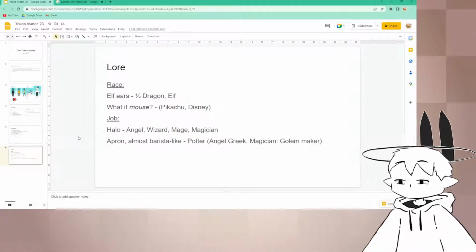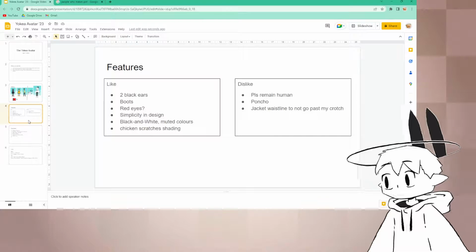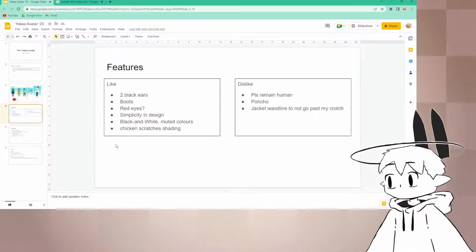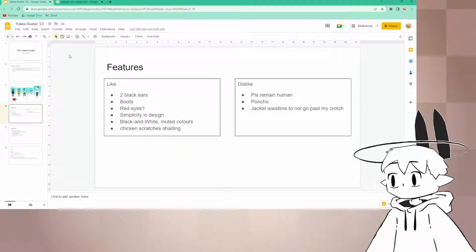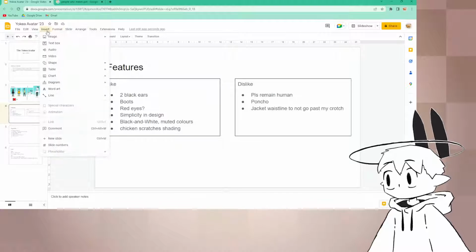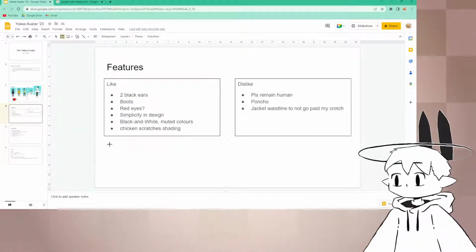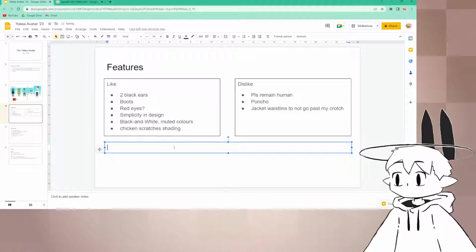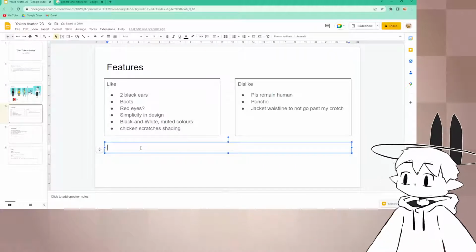What other things? Oh, I do have an idea. I guess I can put it here. This is what the mystery box was for. I remember I wanted something, but I just forgot why I had this box. Okay, so